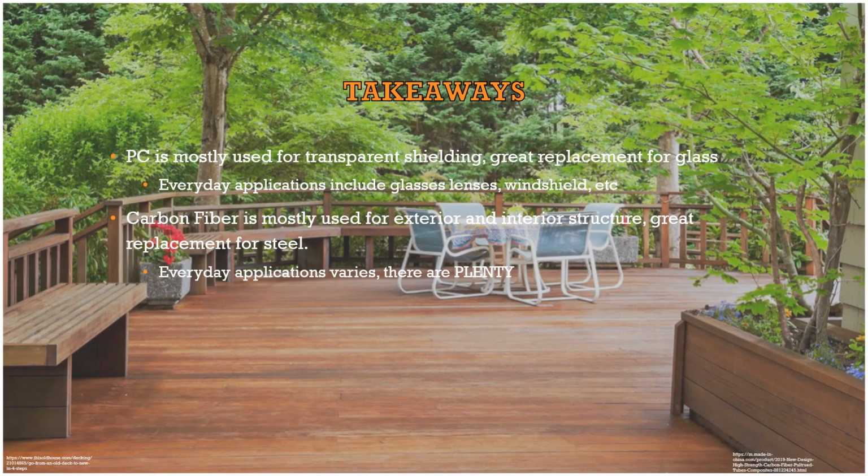This brings us to the end of today's Tech Talk. Our takeaway for today is that polycarbonate polymer is used mostly for transparent shielding. It is a great alternative for glass. Everyday applications include lenses for glasses, windshields, etc. Next, carbon fiber reinforced polymer is mostly used for exterior and interior structure. It is a great alternative for steel and